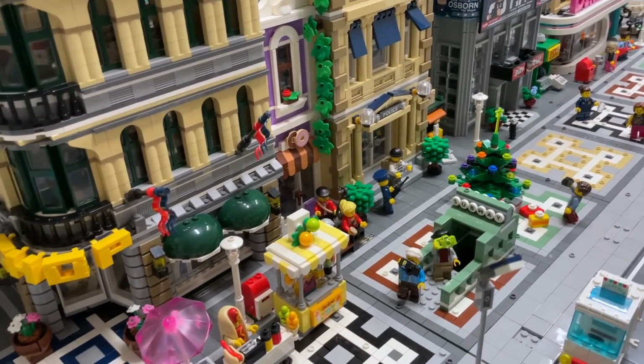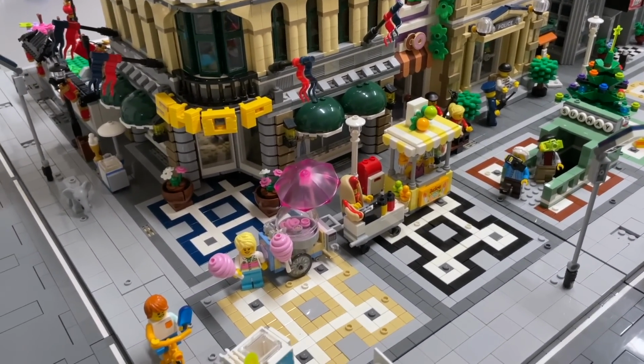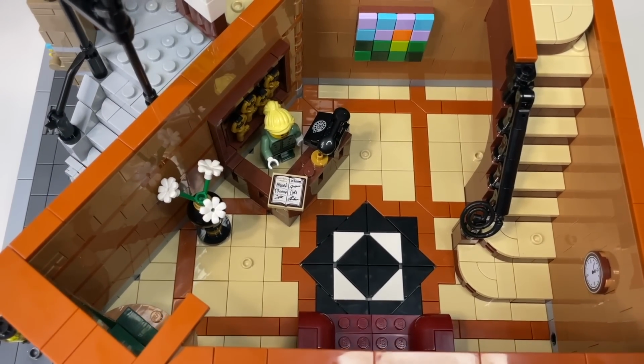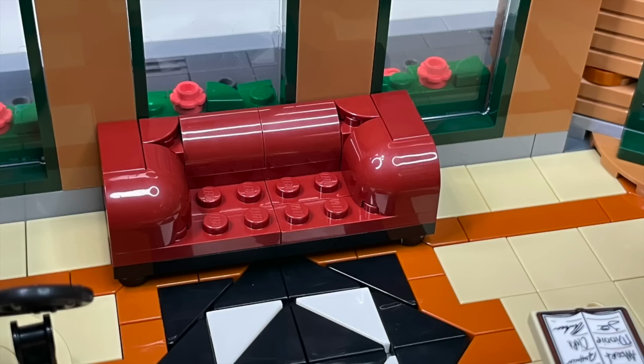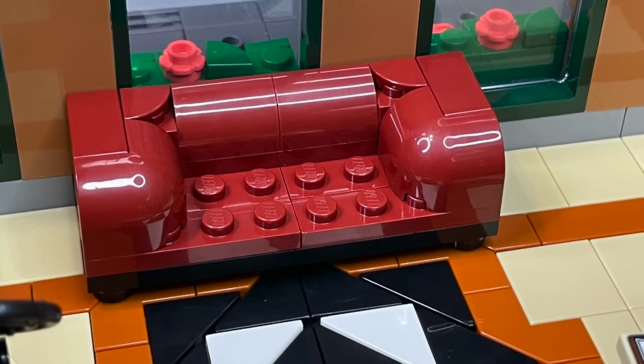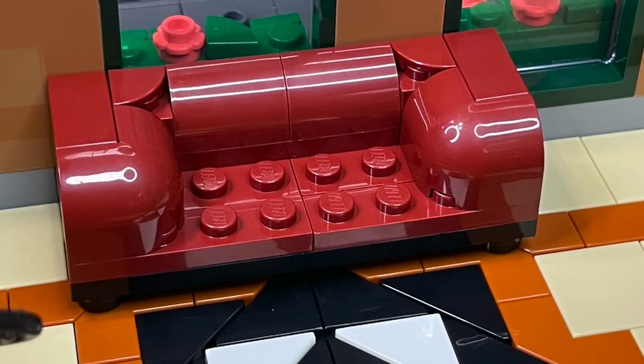in our LEGO city. As a general statement about all of the furniture builds in this set, they are incredible, great use of pieces, and truly enjoyable builds. The red couch in the lobby is no exception to this. It is an excellent build that makes use of the new curved 2x2 pieces that were first found as corner